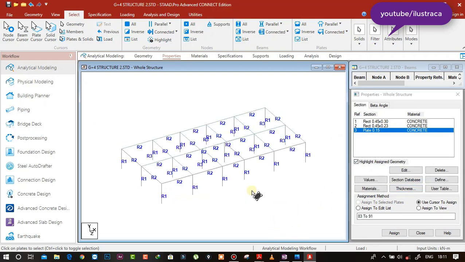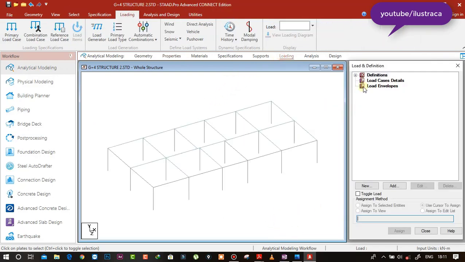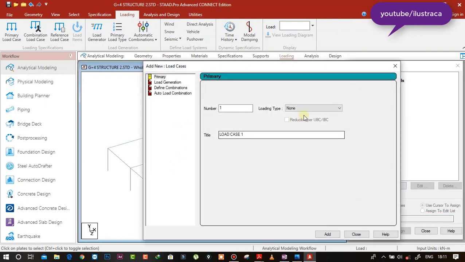Okay, now I'm going to define the loads. So go to load case detail, and if you are going for seismic analysis, you need to define the seismic load cases, static seismic load cases first. Add and EZ, add. Then I'm going to define the dead load and live load, which is less than or equal 3 kN. If you have a live load greater than 3 kN, you should create another live load case here.